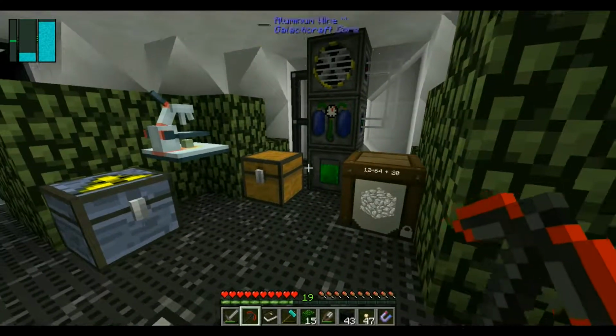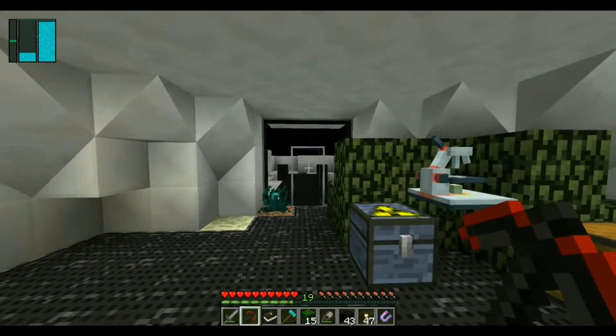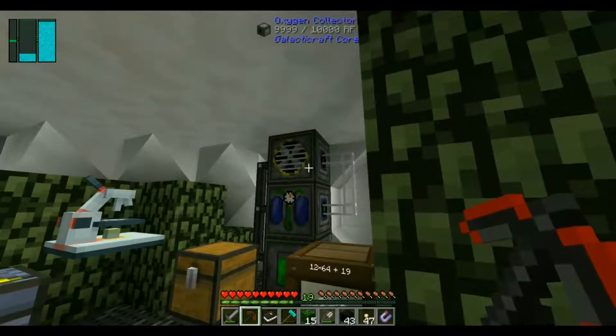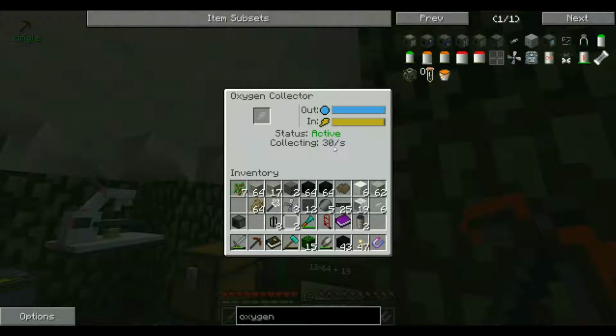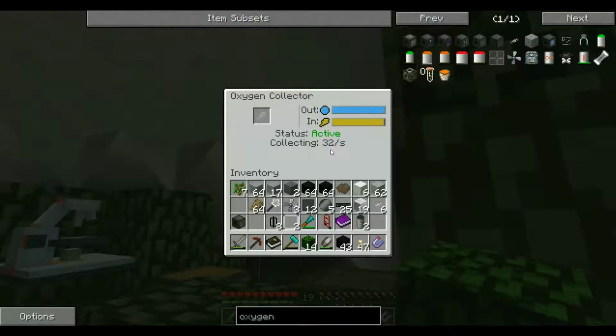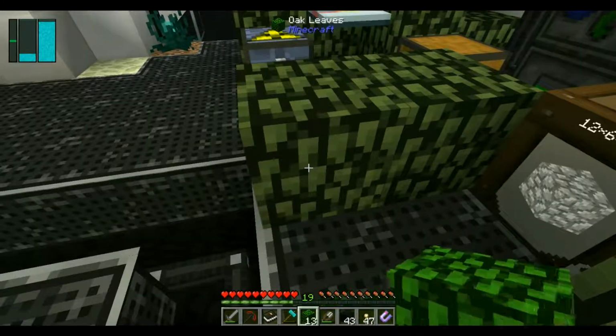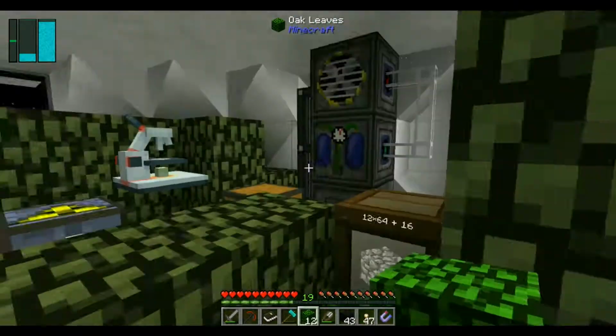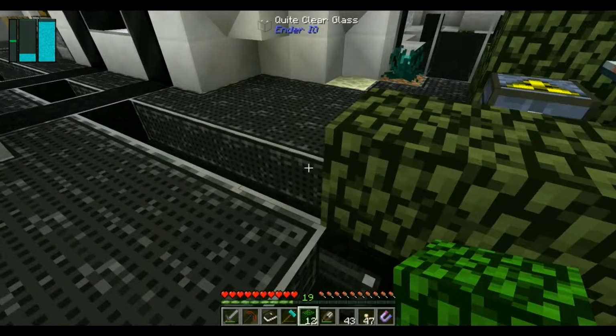Okay, before I go and build everything outside, I've started building an area for oxygen collecting, but I wanted to really check something out. This is currently making us 30 oxygen units per second. Now, if I put down another leaf block, you'll see it goes up to 32, and I just wanted to find out the range of this thing. So that's 34, 36...